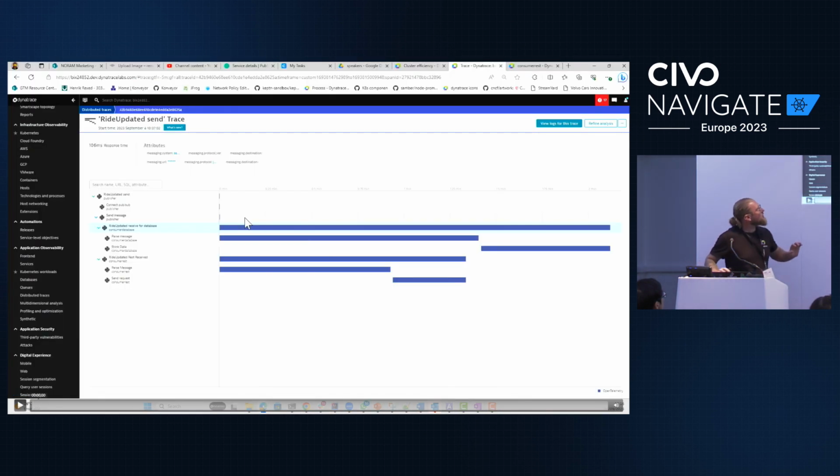Here we have the results of the trace generated. You can see that we have the publisher starting it. It has some details about what happens on the publisher. And then we have 2 consumers. Every consumer is attached to the same trace. So if you look at that trace, you can say, okay, great, we have all the details, but it's a